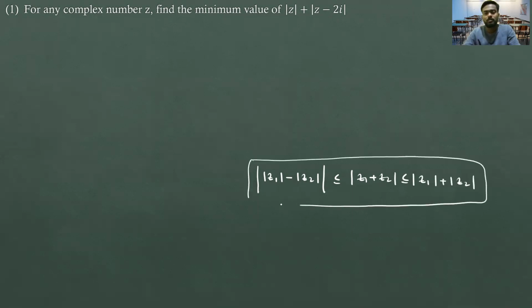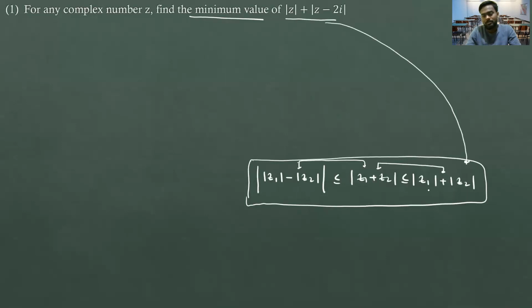So you need to observe properly, and you need to check which inequality you should use here so that you can get the minimum value, right? Can you observe here that you can either use this inequality or this you can use, right? But if you follow here, this is something like this, mod of z1 plus mod of z2. And you see they are asking for the minimum value. So when will you get the minimum value, if you are getting something like this, right?